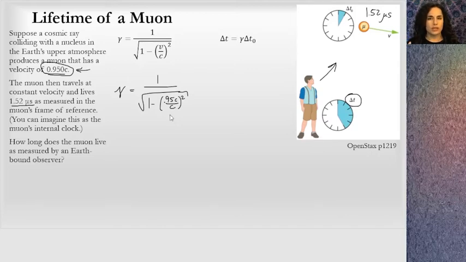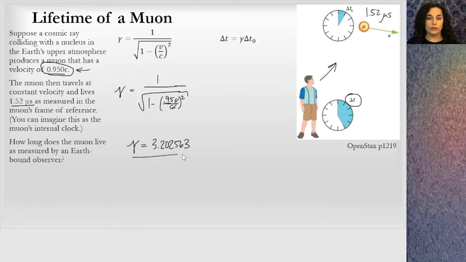I see students make algebraic mistakes that are simple and seem intuitive, but they mess it up and then they can't get the right answer. So make sure you're doing all your algebra very slowly here. So gamma, when I plug gamma in here, the c cancels. I take 1 minus 0.95 squared, and then I square root that, and then I take the reciprocal of that. I expect it to be greater than 0, and when I calculate gamma, I get